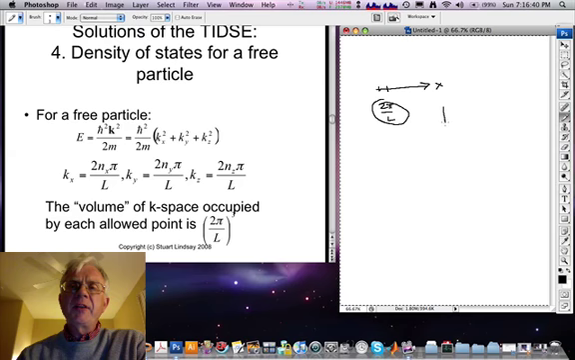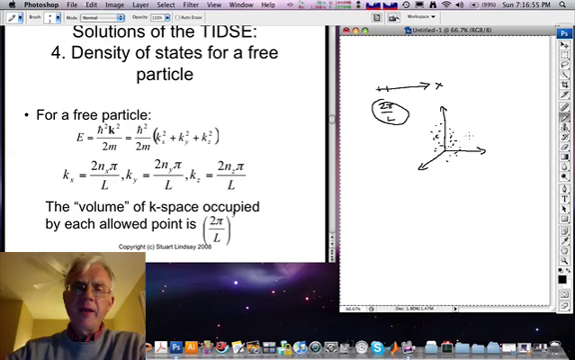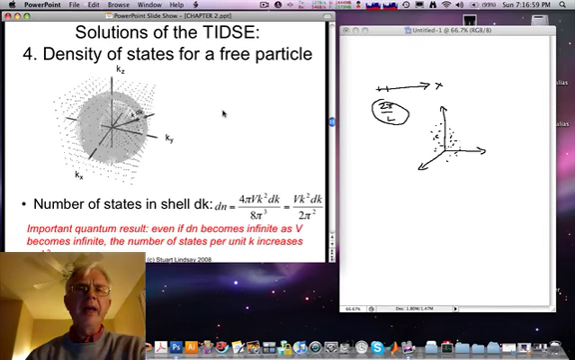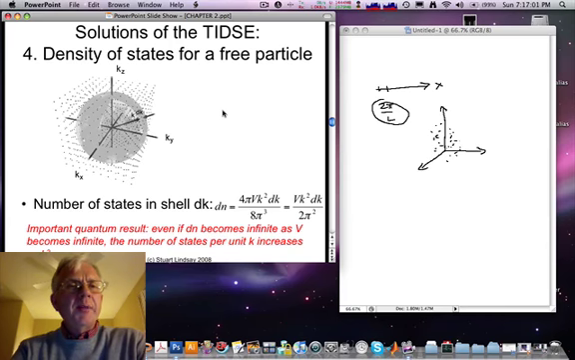space is then filled with a mesh of allowed k points, which may be arbitrarily close together in an infinite space, lying on a square grid and separated from one another in x, y, and z by a distance 2 pi over L. So here is a picture of k-space filled with a mesh of the allowed